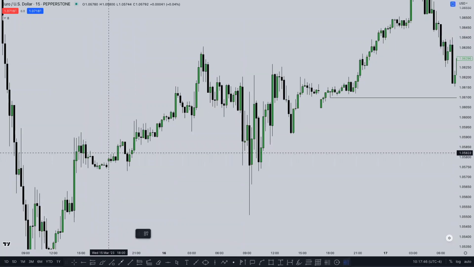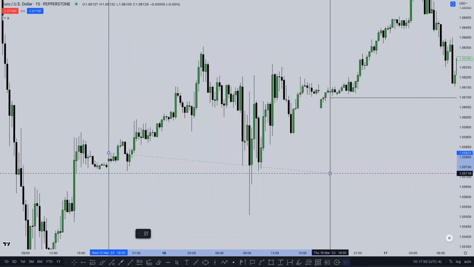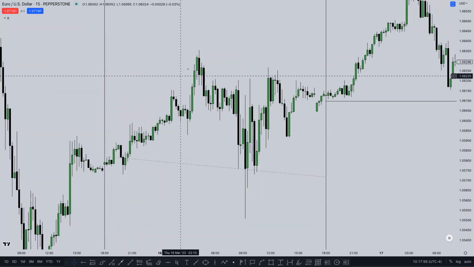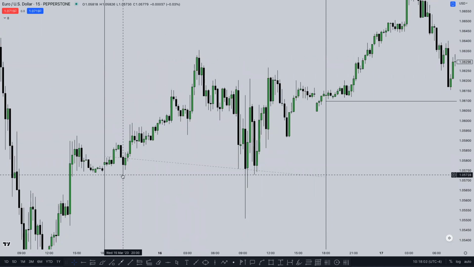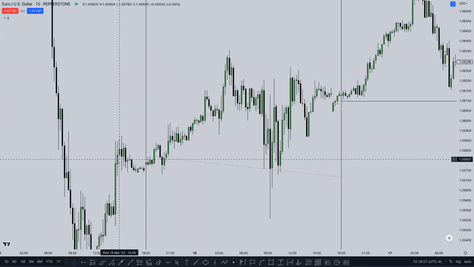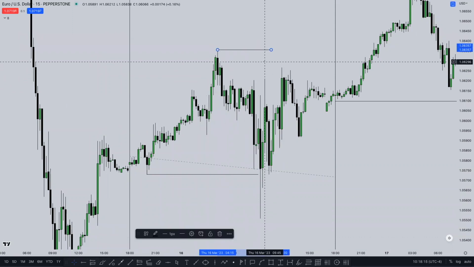If I just mark out the daily open from one day to the next, this is a low, the Asian low. This is a high, the London high. London high, Asian low. If we draw two lines marking the Asian low and the London high, we have a